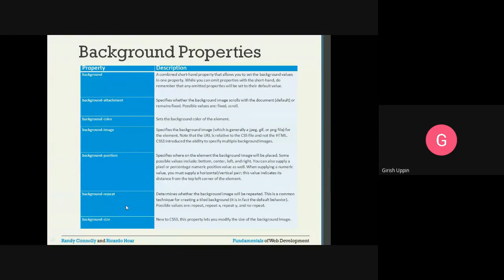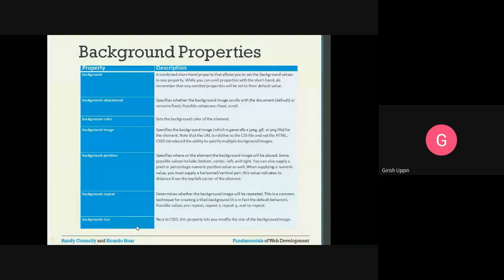Background repeat: the image that we are providing in the background, we can make it repeat, or not repeat, or repeat horizontally or repeat vertically. Then background size.